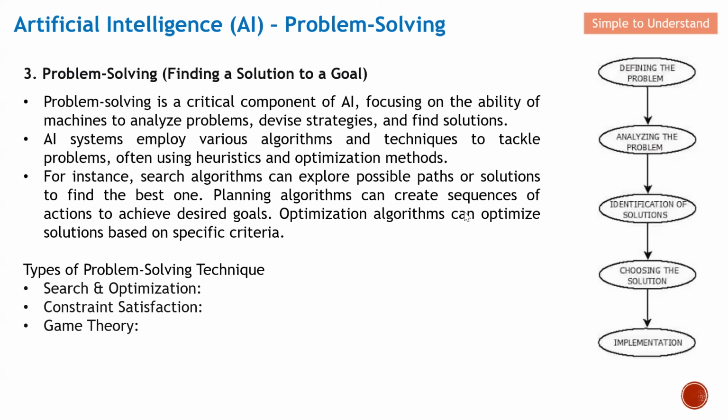Planning algorithms can create a sequence of actions to achieve a desired goal. What does this mean? Let me give you a simple example. For example, I want to fly from Singapore to Hawaii. But let's say that there is no aircraft flying directly from Singapore to Hawaii. For problem solving, I will be able to create a sequence of actions. Let's say that I will be traveling to another location and do a transit before I can reach Hawaii. So I can travel from Singapore to Japan, and then